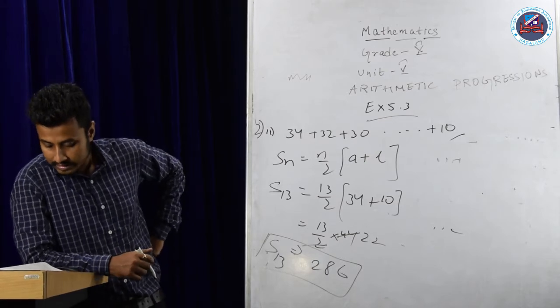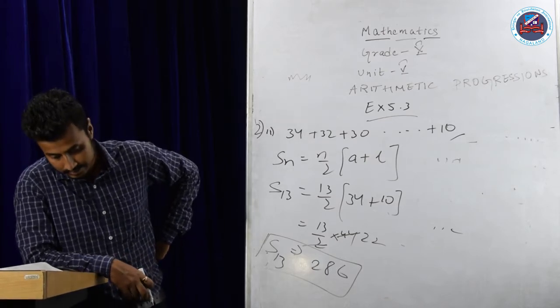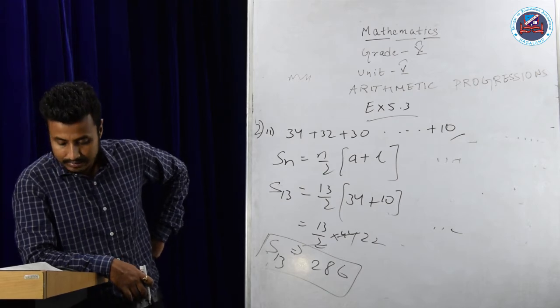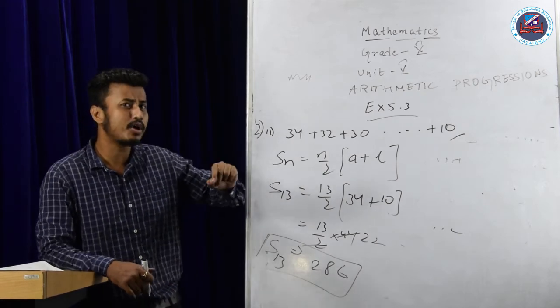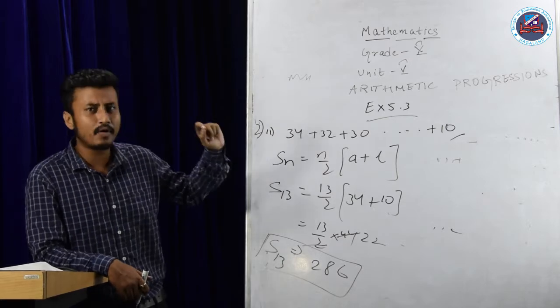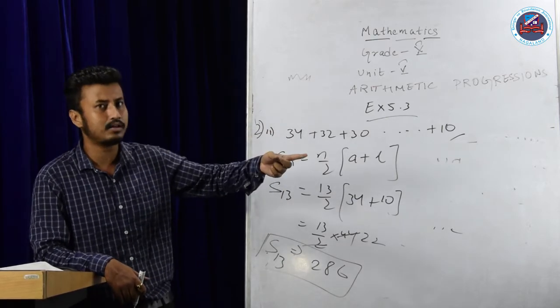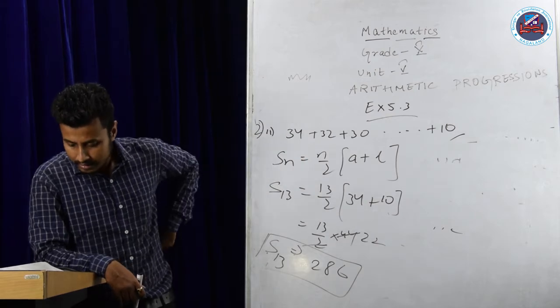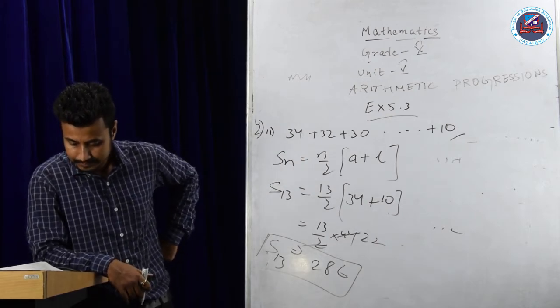Question number 2, all the questions are similar to this. Question number 3, there are 10 questions guys. All the 10 questions are different from each other, but the basic concept is same. Same type of formula you have to use. If the last term is given, you have to find n first, then find out the sum of n terms, okay? So in this, I will do first question number 3, part 3.